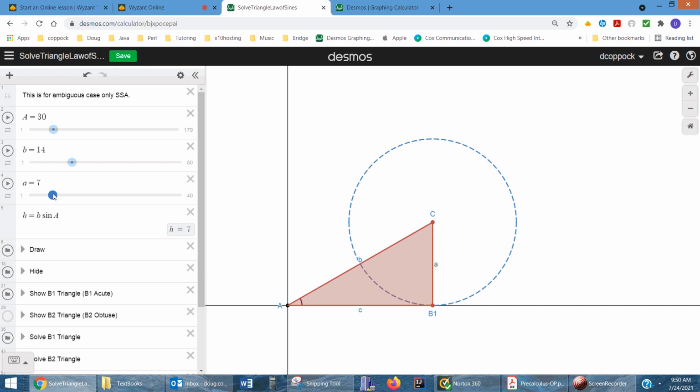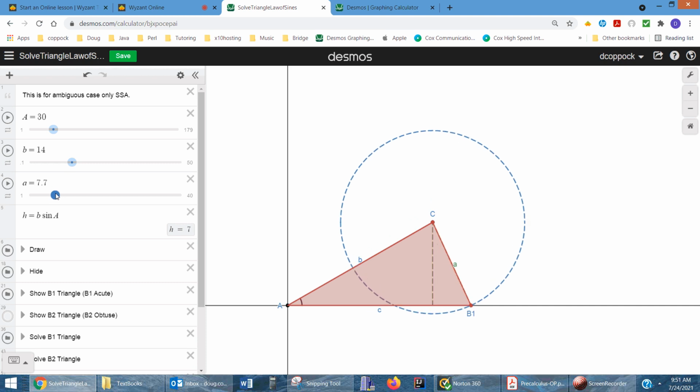If I make the hinge side a little bit bigger than the altitude, now two triangles are formed because side a hits the opposite ray, the ray forming the unknown side, in two places. There's the second triangle. We say it's an obtuse triangle. There's the acute triangle. Okay, so that's what we're going to look at